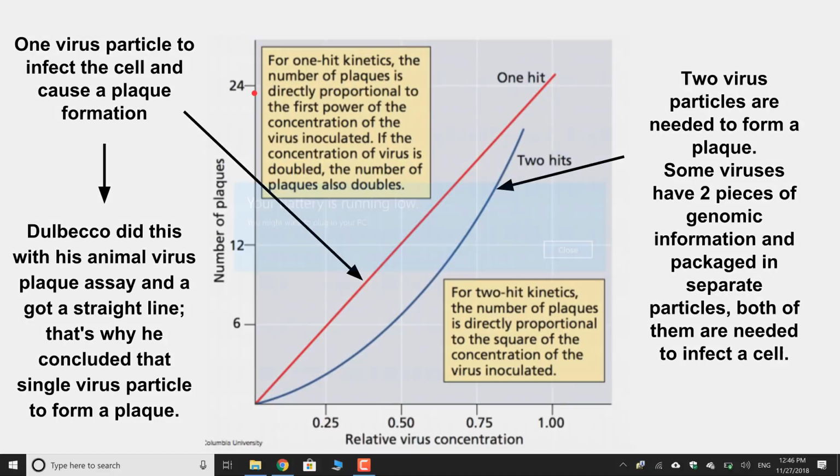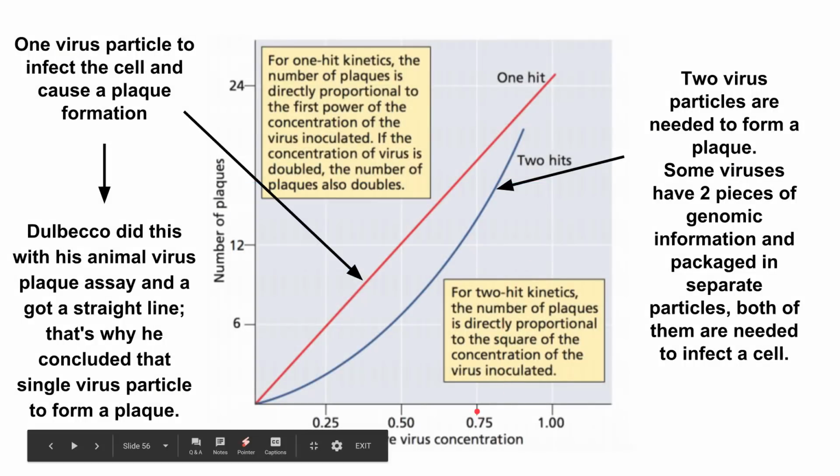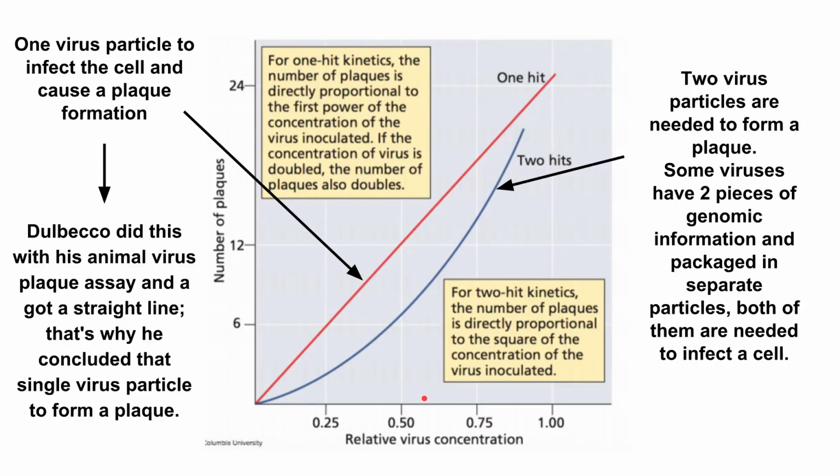Therefore, based on the curve, the one hit curve, you can also predict a number of plaques إذا if I dilute السامبل للنص صح؟ إذا الكونسنتريشن نزل للنص relative concentration you would know how many plaques will form right؟